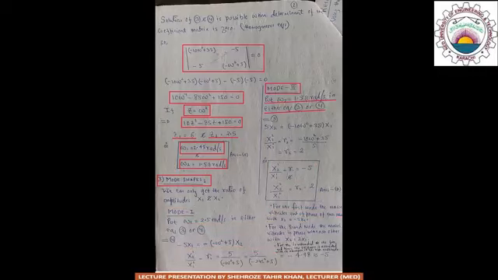Similarly, the second mode of vibration for the two masses is given by substituting the value of the second natural frequency, omega 2 is equal to 1.58 radian per second, in equation 3. We get 5x2 is equal to minus 10 omega square plus 35 into x1, or x22 upon x21 is equal to R2 is equal to minus 10 omega square plus 35 upon 5,